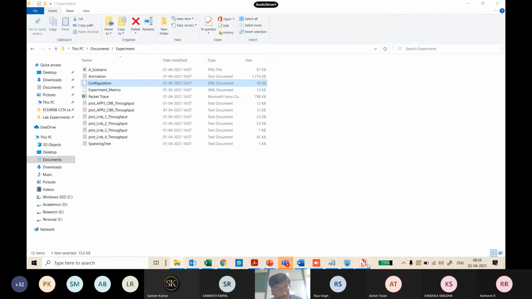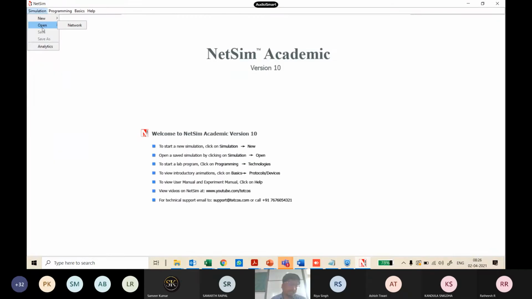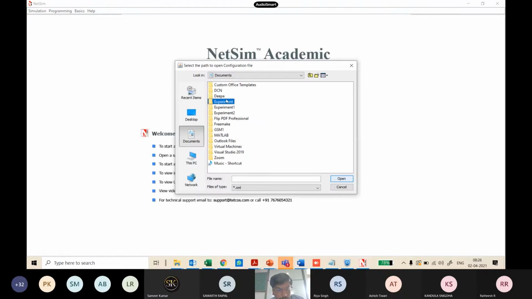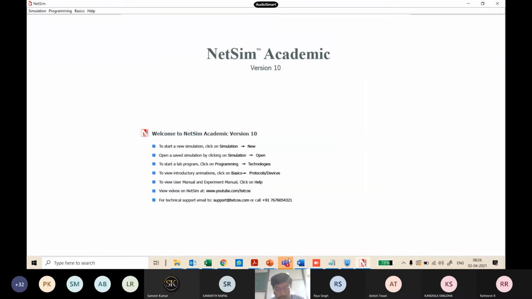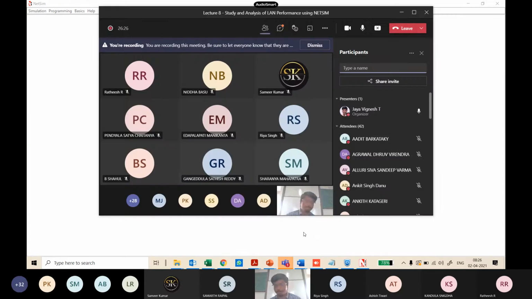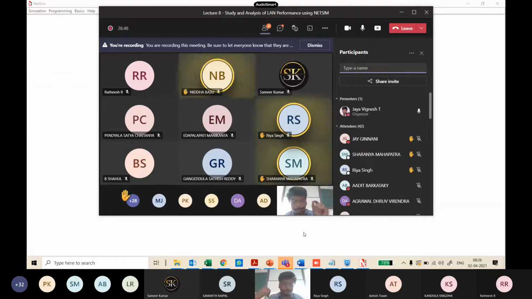So when you're opening an existing project, you click on network, you go and load the configuration file so that you could continue your design. So what's the first step? Whenever you design something, please remember to save it. It gets saved as whatever name that you want as a folder, and when you want to reload your configuration, you just open the configuration.xml. Clear? Please raise your hands if you have understood this first step. You're not yet going to create the project, but the step is, if you have saved a project, how it saves and how you need to reload an existing design is based on loading the configuration.xml.